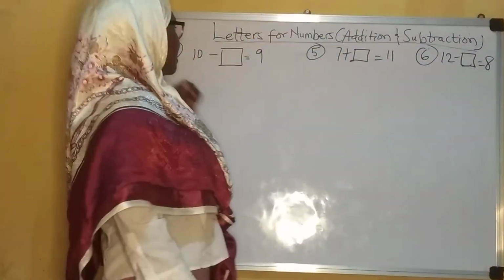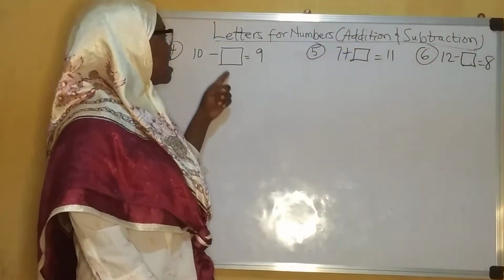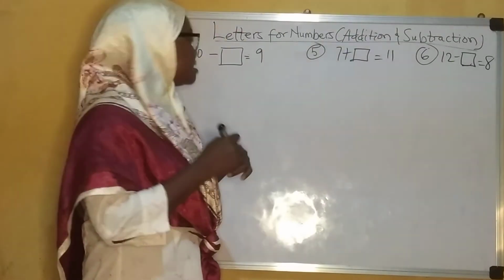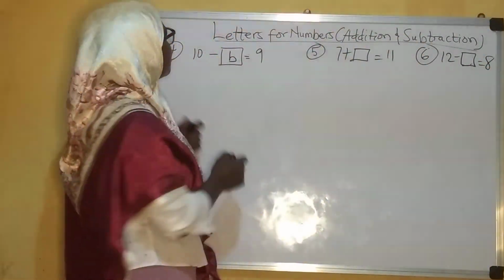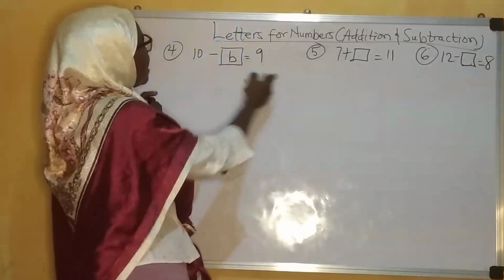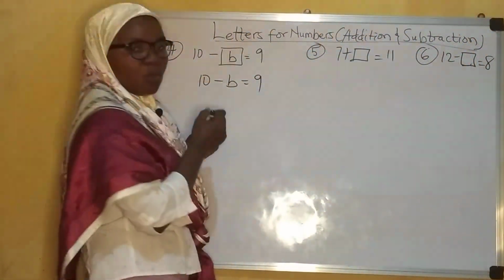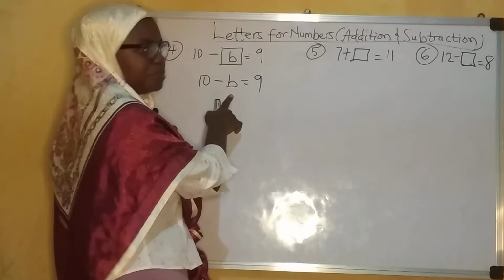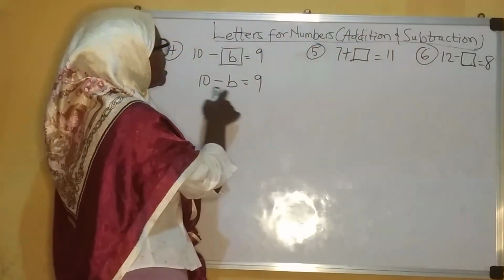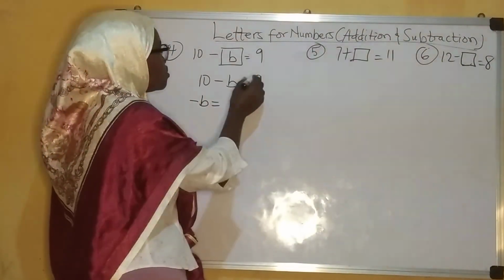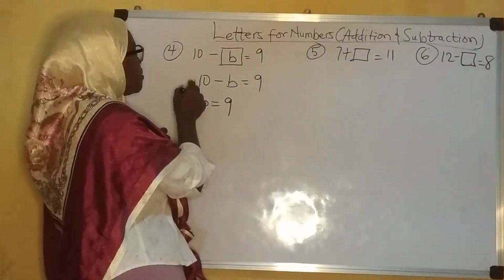Now let's look at this example 4. I have 10 minus dash equals 9. Like I said, you can represent this unknown value with any letter. So if I have 10 minus b equals what? 9. What am I looking for? I'm looking for the value of b, but I have to carry b along with its negative sign. So minus b will be equal to this 9, and then this 10 is positive 10,